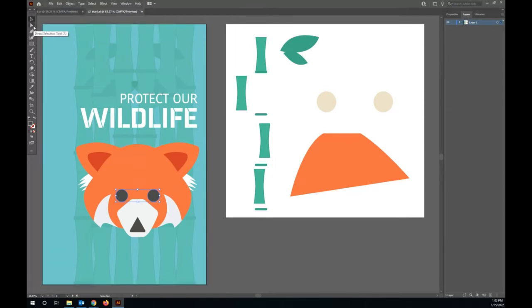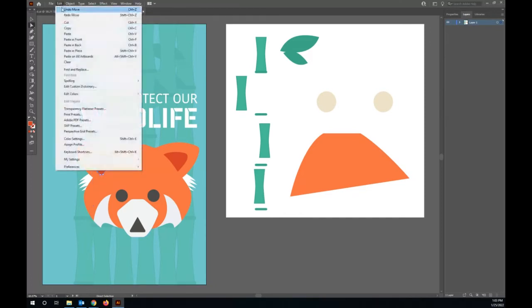Now with the direct selection tool, this lets me set anchor points or paths within the object so they can be reshaped. So with the path here, I can use this to reshape objects. I can add anchor points in here and adjust these to adjust the shape. As you can see, once I add points in,